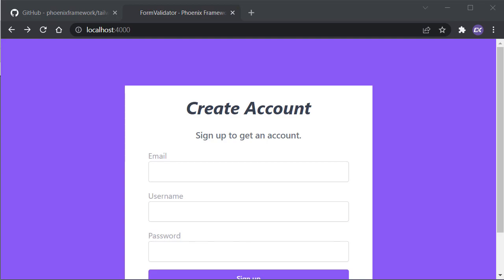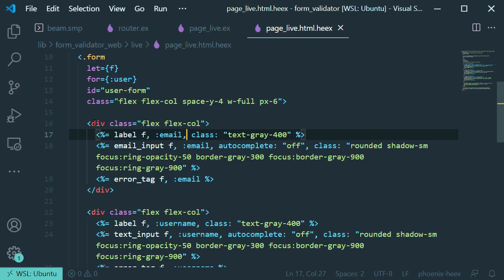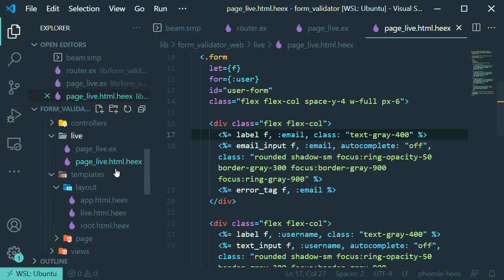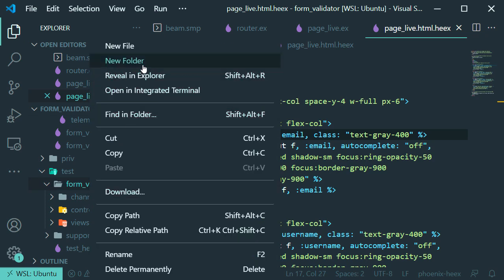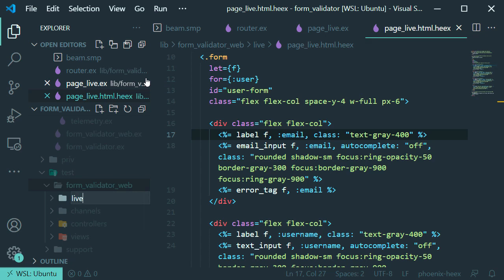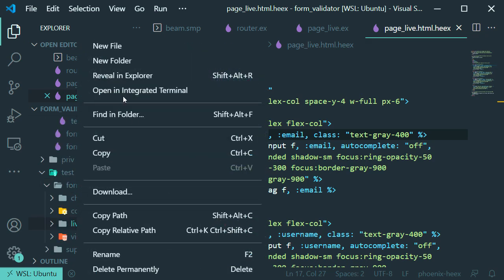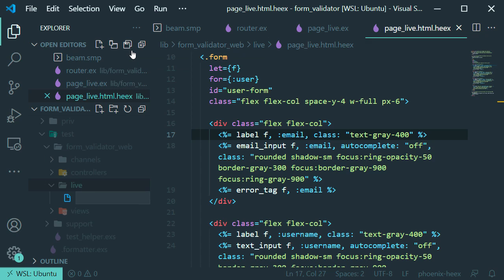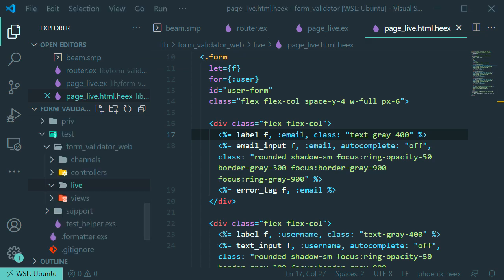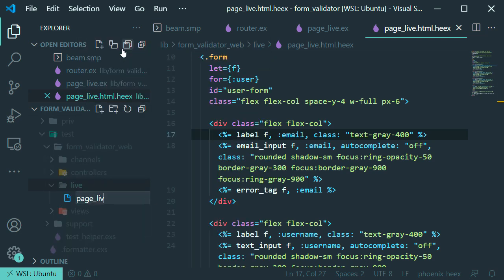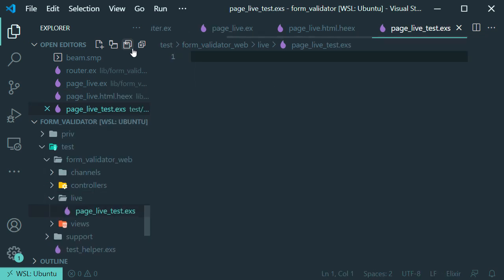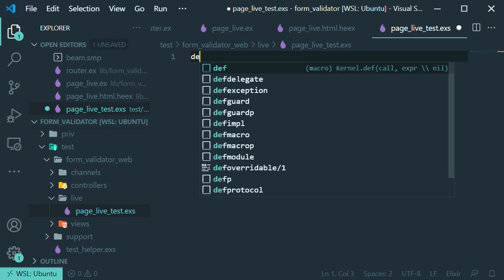Let's go back to our editor and let's go ahead and add tests to our application. So under our test folder, under this folder, the form validator web, we're going to add a new folder called live. Inside that folder, we're going to add a file, and that file is going to be called page live test.exs. I'm going to hit enter,